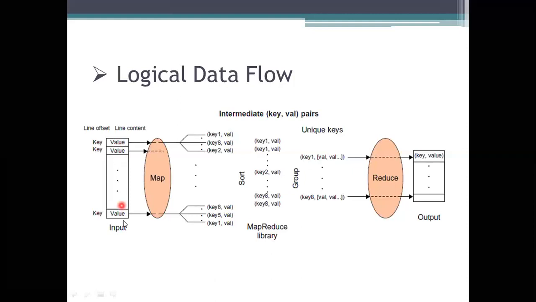These 10 values will be placed here, and they will be given as a key representation. The key has to be given here. The key value is an important aspect because to perform the mapping function, we need to consider the key and the value.